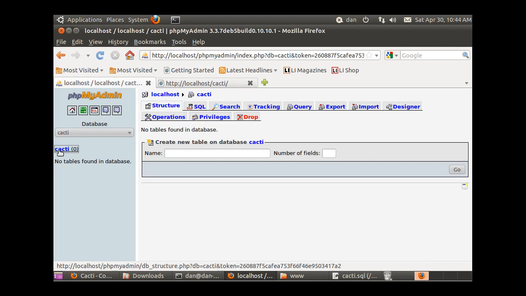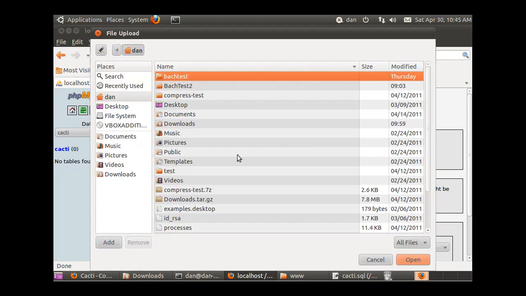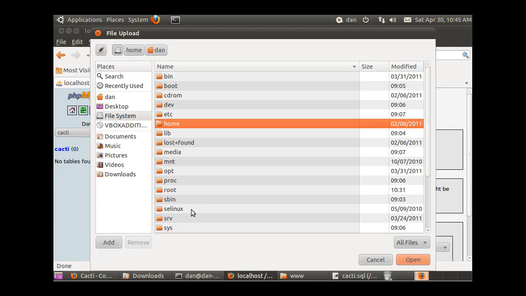So I clicked on the Cacti database that I created, and now notice there's nothing in here. There's no fields, no tables, no information. So I'm going to click import, and then I'm going to browse for it. And it's, let's see here, in root